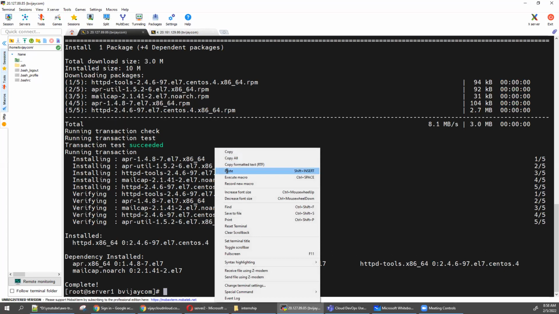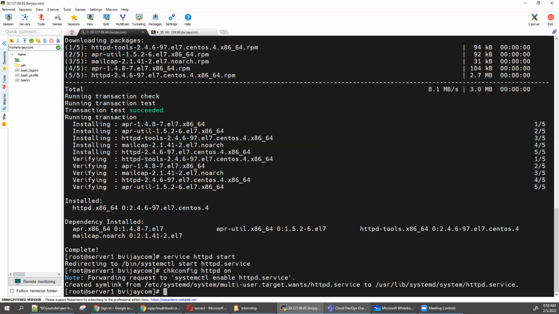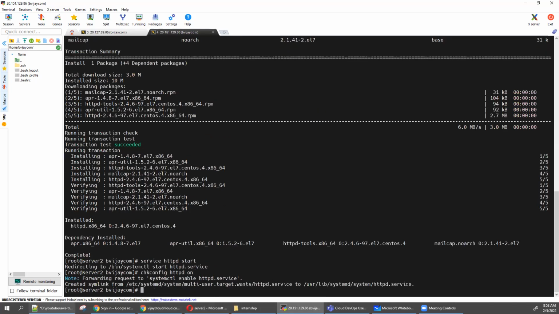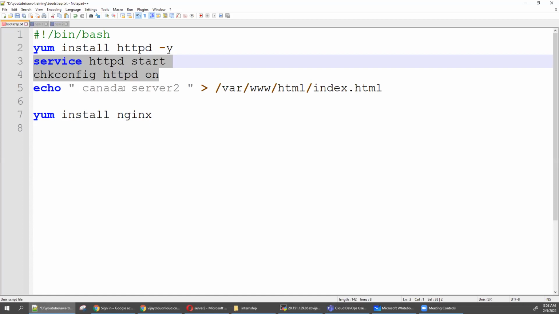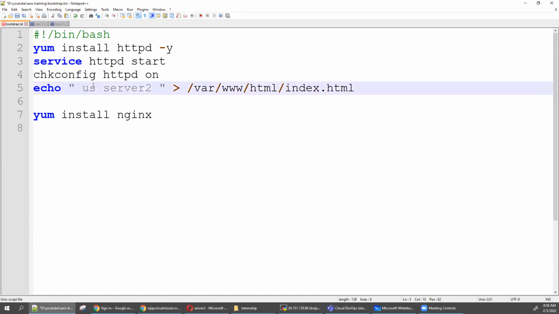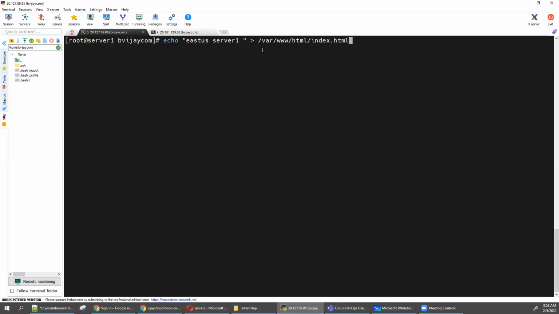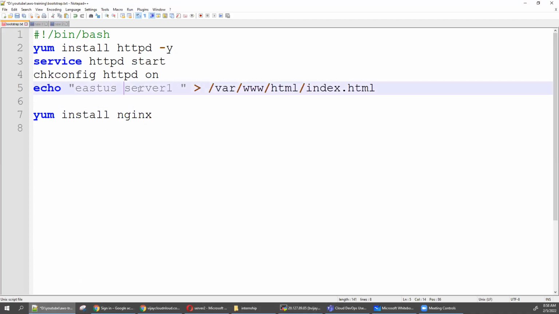So I'm going to paste this and say okay. And what is that? So I'm going to say US East, okay, East US, server 1. I'm going to copy this, go here. The server 1 is this, okay, and enter. So here, instead of East US server 1, we can also make it,